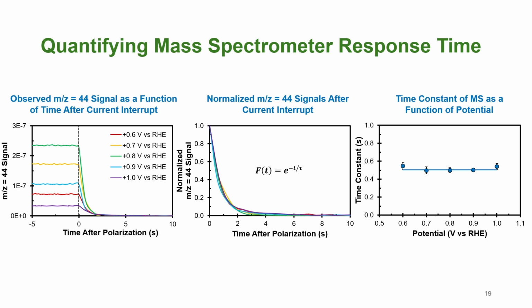So essentially, we applied a potential to the catalyst, and then we removed that potential and let it go to open circuit, and we were able to fit this transient response to an exponential function and obtain a time constant as a function of potential at roughly 0.5 seconds. This means that any kinetics that are faster than 0.5 seconds, we wouldn't actually detect in this transient response. So this is sort of our detection limit